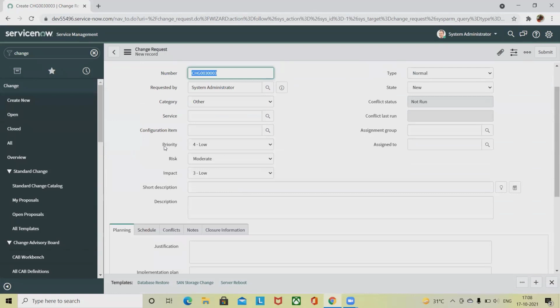Here again, we need to provide the priority, risk, impact, type, state. It's new, so we are giving new. Planned end is the date that the change task is planned to be completed. If the task type is implementation, the planned start date and the planned end values must fall within the planned start and end date specified. The task types are planning, implementation, testing, review. The default workflow generation task type is review. Now, the state of the change task is pending, open.